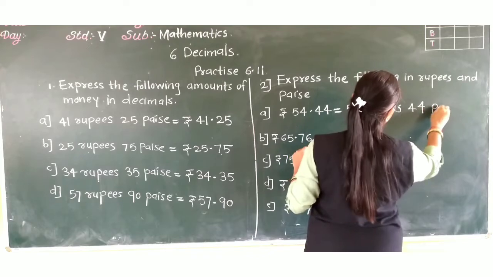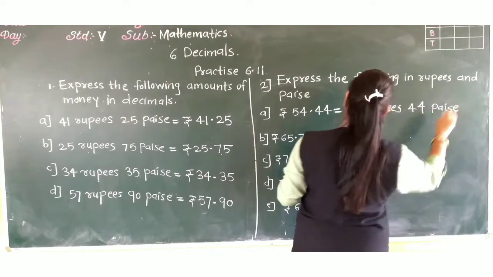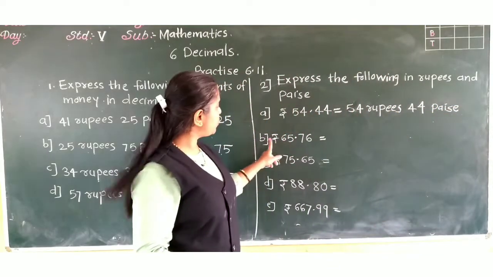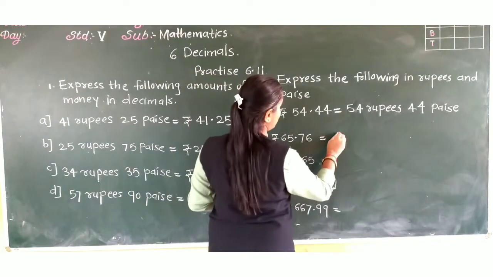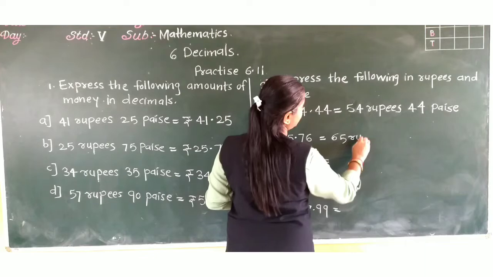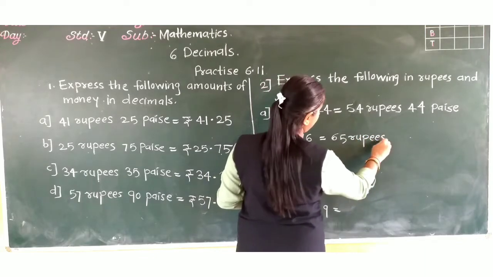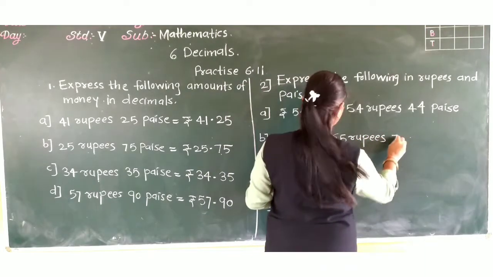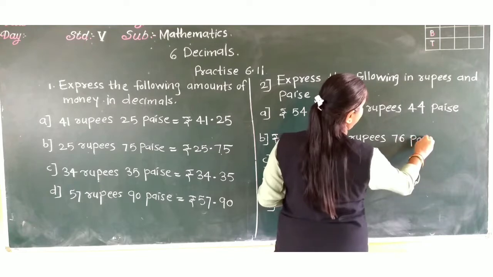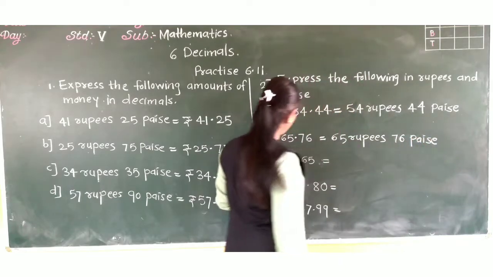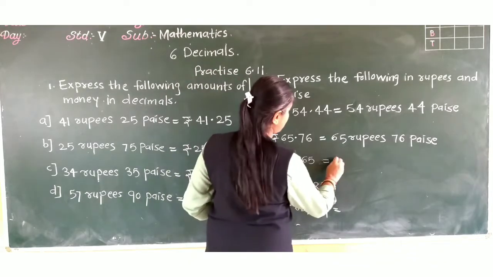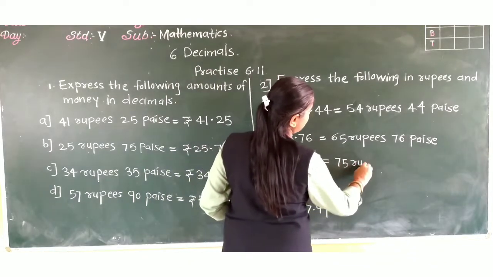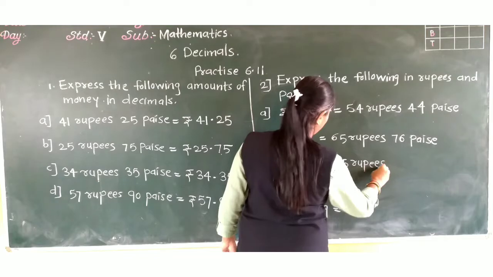Correct? Then here rupees 65.76 means 65 rupees 76 paise. Rupees 75.65, that is 75 rupees and 65